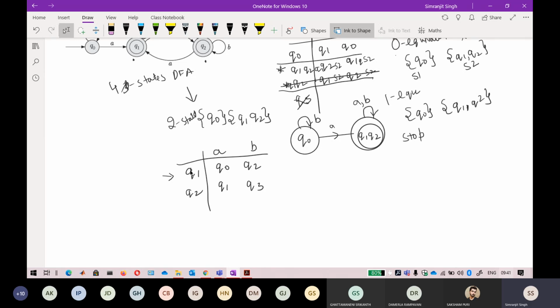Suppose on A this belongs to set 1 and this belongs to set 1, so it means that they are both going to the same set. And on 2 it is going to set 2, and this also belongs to set 2, just a random example. So it means that both of the outputs on B belong to the same set, and both of the outputs on A belong to the same set.